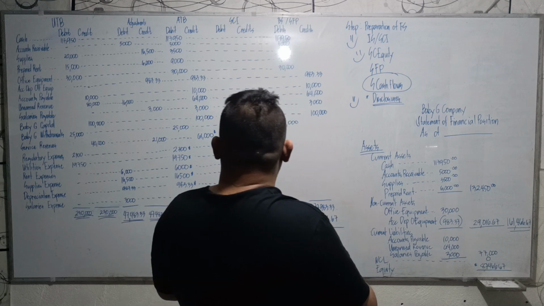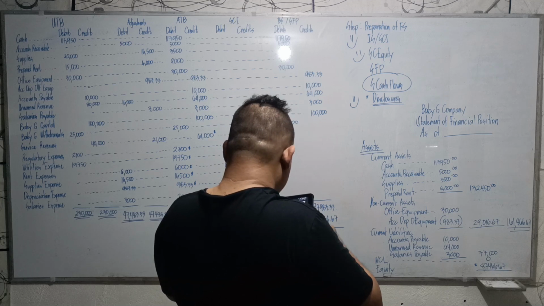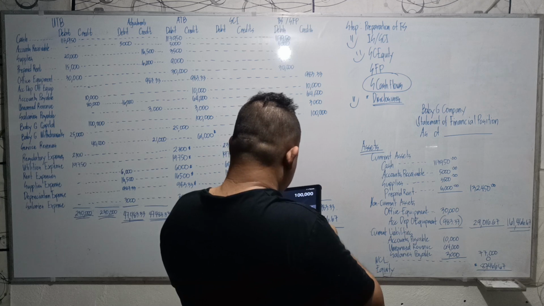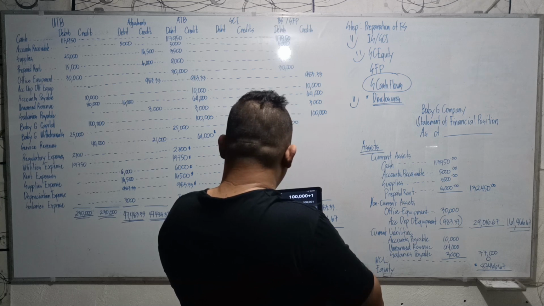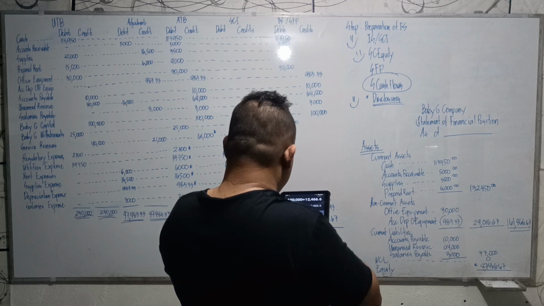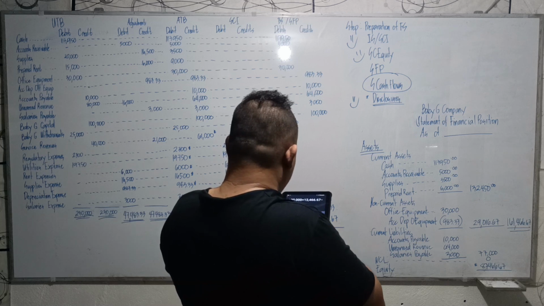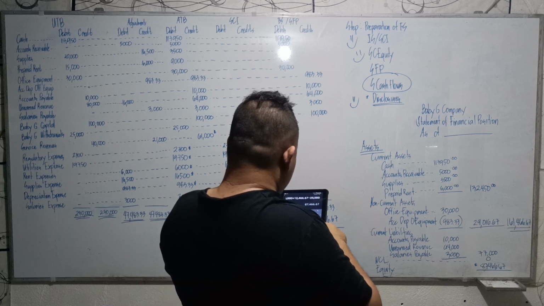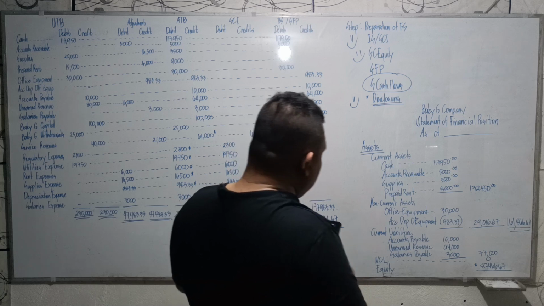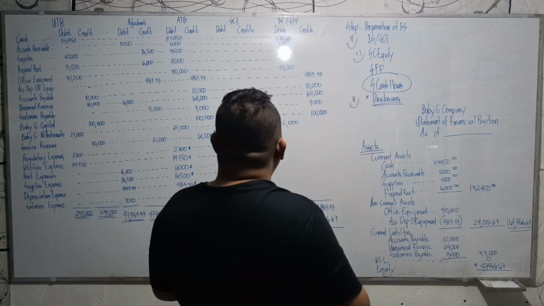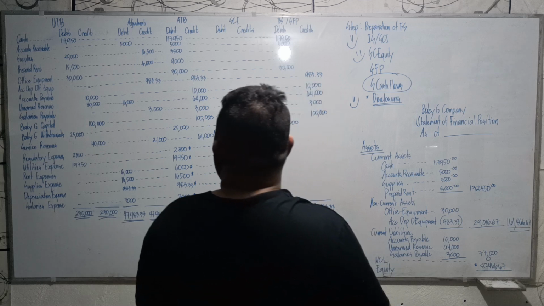So we have 100,000 plus 12,466.67. It's 112, and then minus 25,000, and we will have 87,466.67. Okay, and then